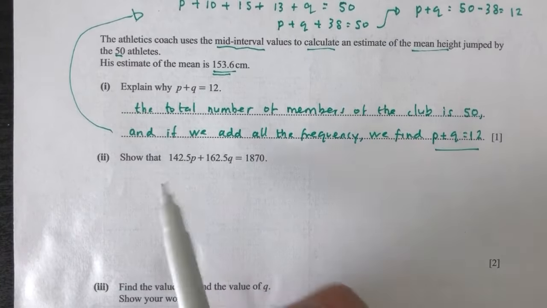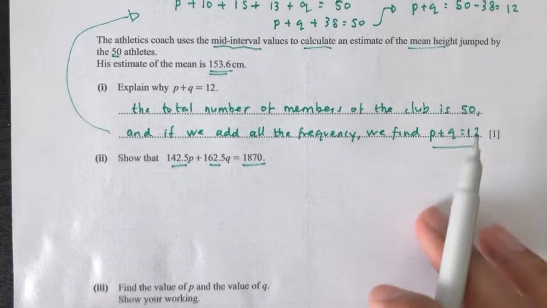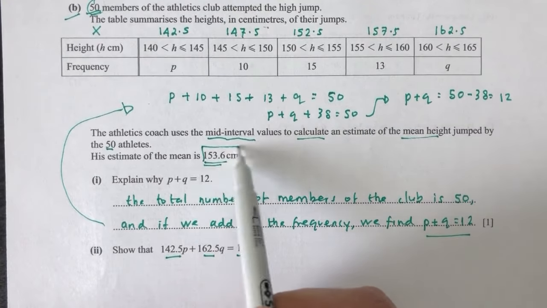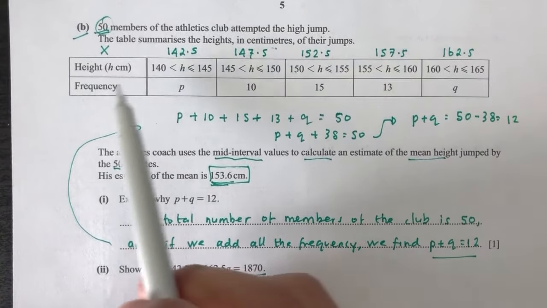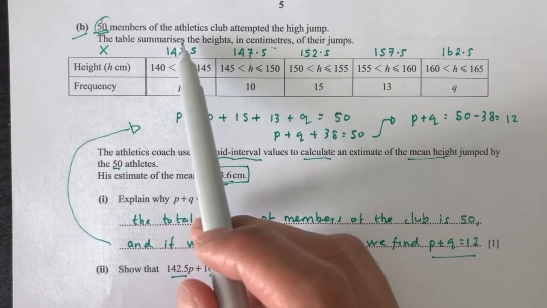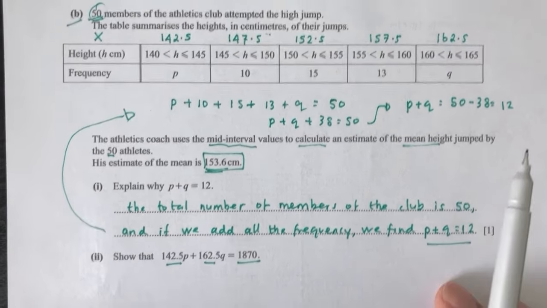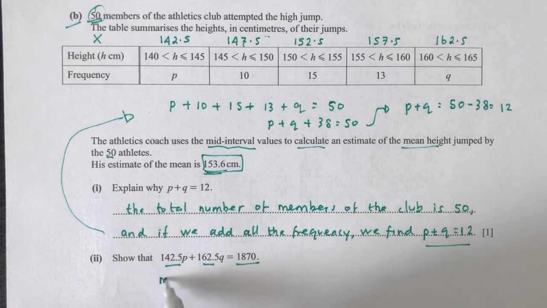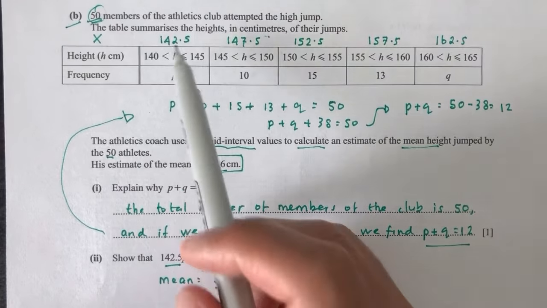Now part 2, show that this plus this equals to this. So how do we show this? We have to use this information. So how do you find the mean now? So now if you know how to find the mean, you have to take this, multiply by this, add this, multiply by this. So let's write this down. So mean is the sum divided by the number of people, which, as we know, is 50, right? So let's do that. So let's find the sum first. Sum is